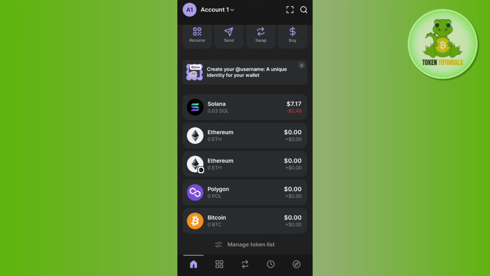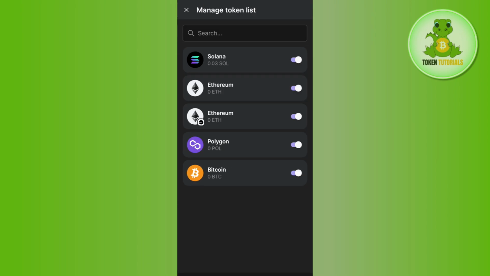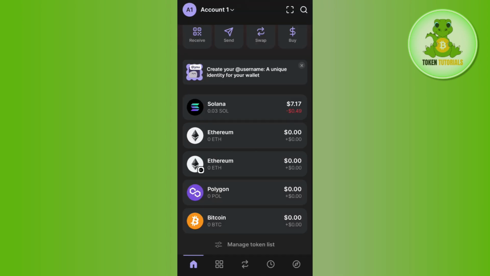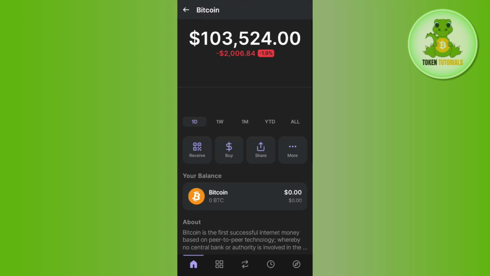Now, for any reason, if you are not able to see Bitcoin in this list or on the home page, you need to tap on the Manage Token list, and from here, you need to make sure that Bitcoin is enabled. If it is disabled in your account, you need to tap on this toggle in order to enable it. After that, you need to tap on Bitcoin, and then on this page it will show you